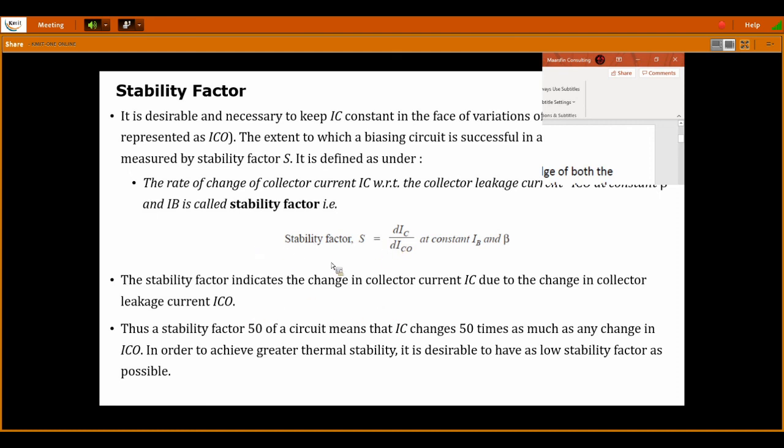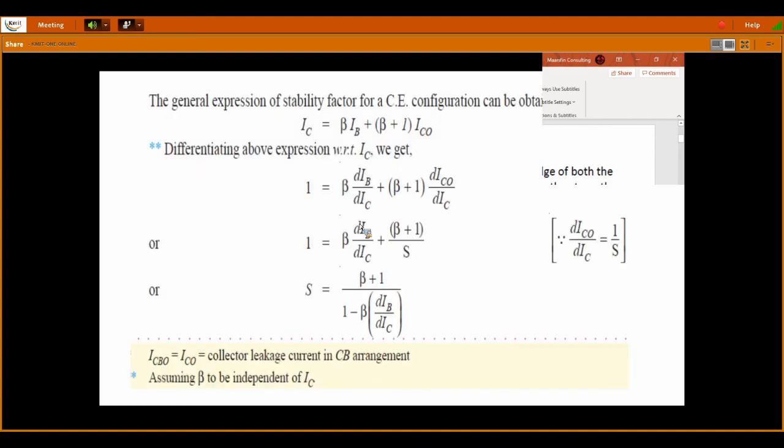So with the stability factor, we have to manage the collector current in spite of variation in the reverse saturation current, beta, as well as VBE changes. If we maintain that stability using the biasing techniques, we can have the non-distorted output as well as the stabilized output at the amplifier stages. So this is about today's session.